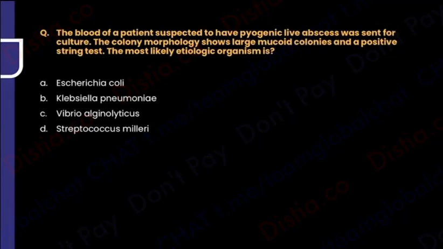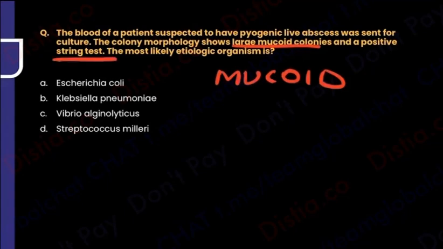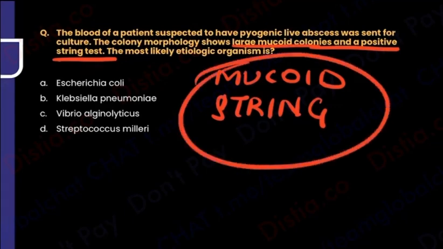The blood of a patient suspected to have pyogenic liver abscess was sent for culture. The morphology shows large mucoid colonies with a positive string test, stringy mucoid. Only someone with a capsule can have it. And again, the answer becomes Klebsiella. Yes, that can cause a liver abscess, but that's not the point. It can cause anything in the